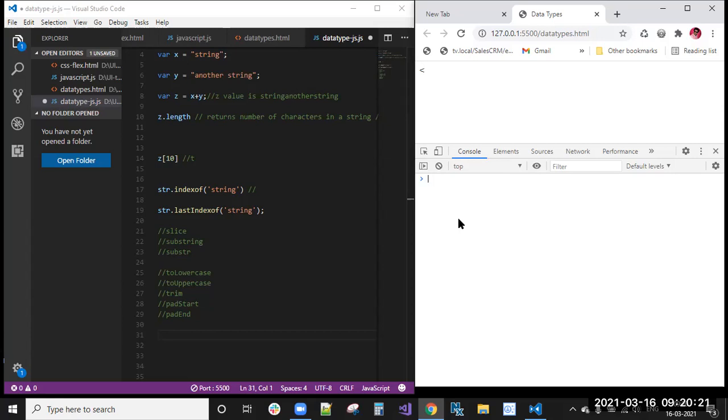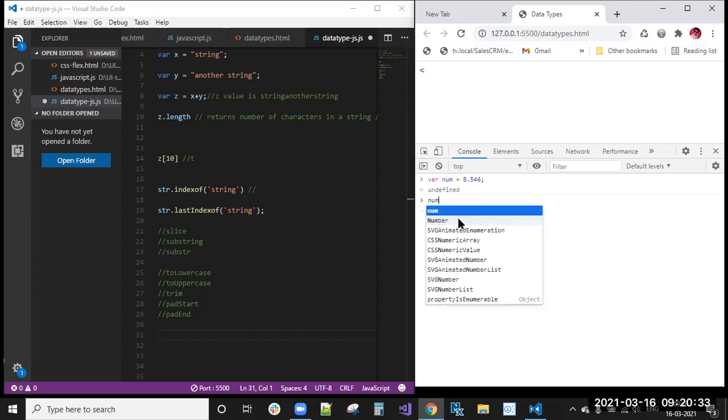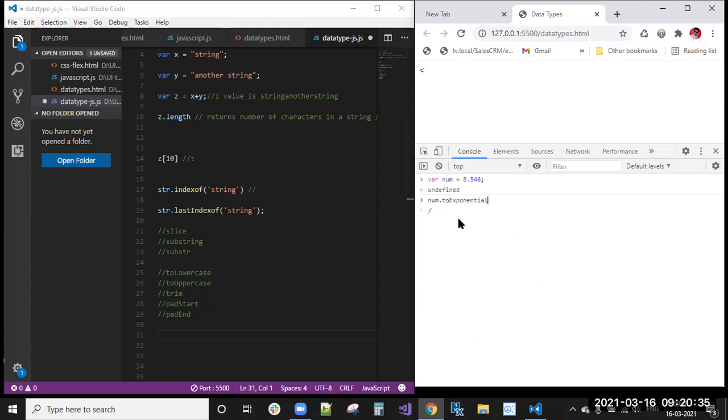The toExponential method. So let num equal to, I'm taking some number, 8.5546. I have taken this number, num.toExponential(2). I have given 2. Then what will happen?